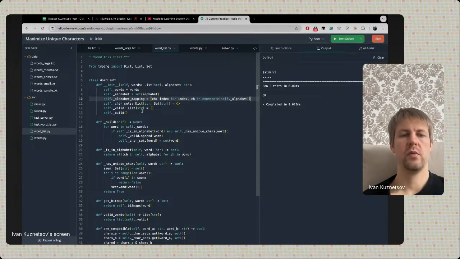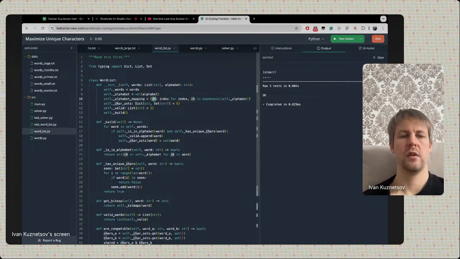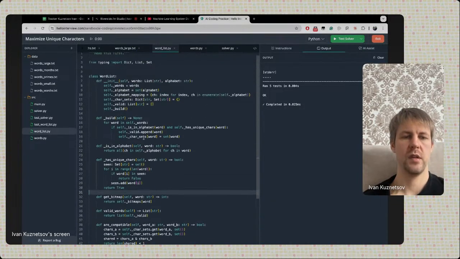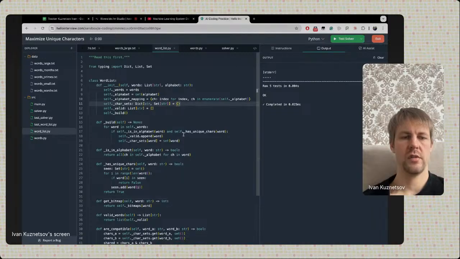Okay, so here we will now be selecting the offset for each of the things in our alphabet. And now here, char sets,